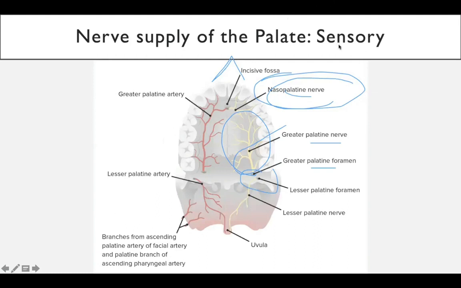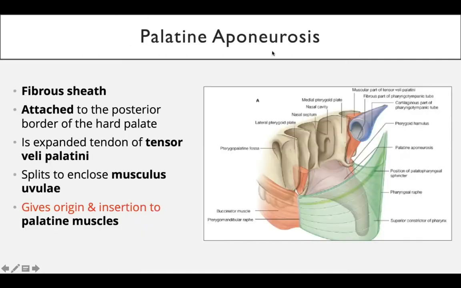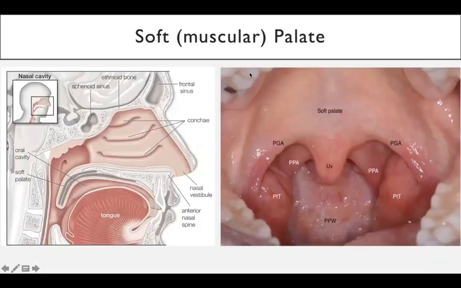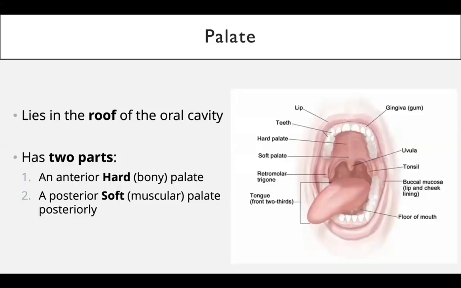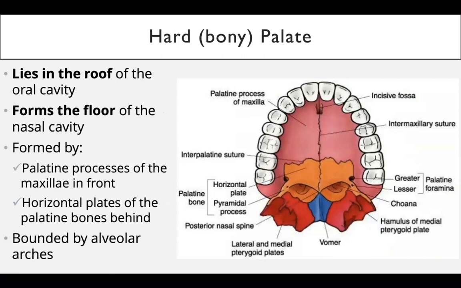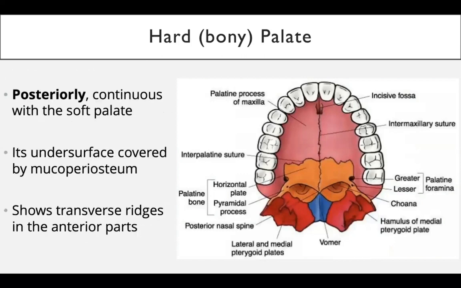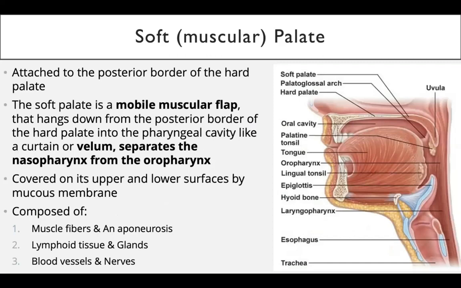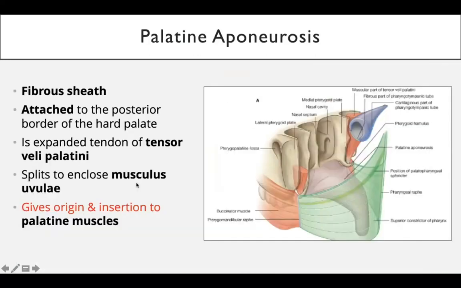Okay, let's quickly revise what we have read up to here. The palate has two parts, in the roof of the oral cavity: the hard palate and the soft palate, and it forms a floor. The soft palate is known as soft because it has muscle fibers and an aponeurosis. This aponeurosis is known as the palatine aponeurosis. It is made by the tensor veli palatini and encloses another muscle, musculus uvulae, and gives origin and insertion to palatine